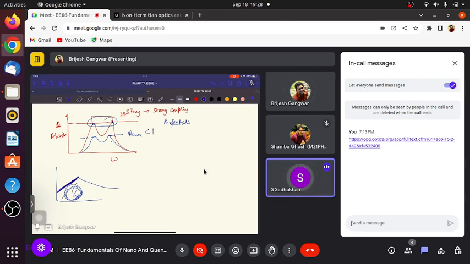Sir, is this plot something like the phase diagram of some system? Since there are three regions, as I can see, one is the strong coupling region, another is the weak coupling region, and the B coupling region. And sir, what is the importance of the part which is above the straight line? No, the left hand side of the line, this one. This you will not get, because this is the region at which